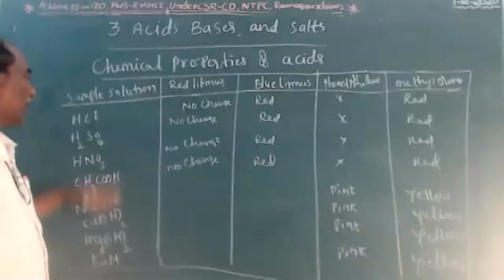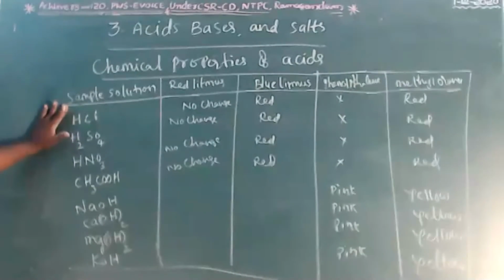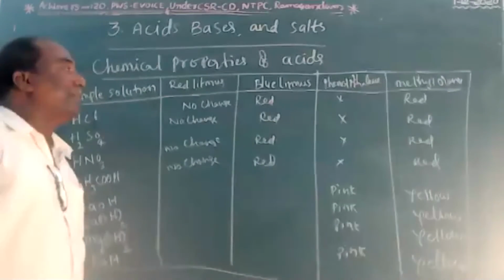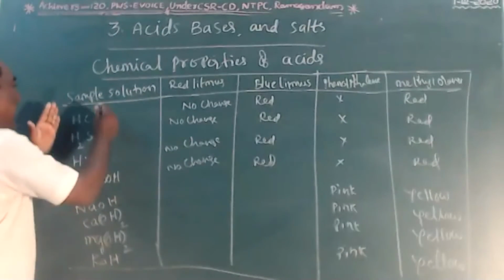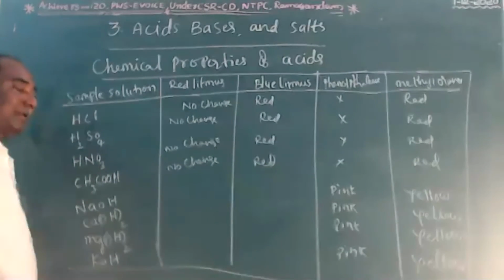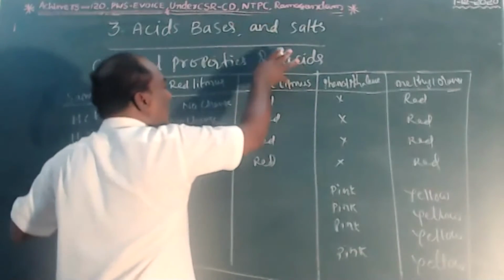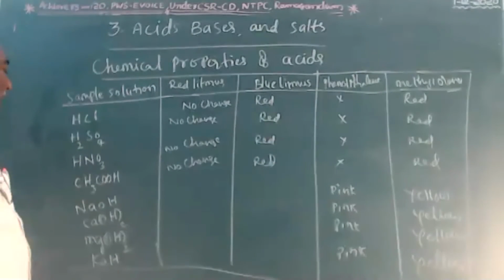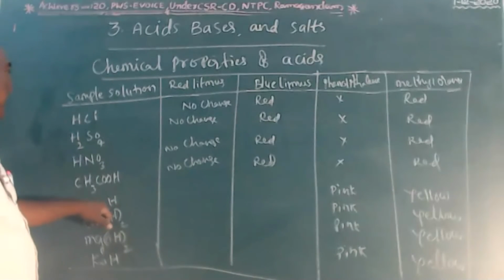Yellow in color. So according to the table, we have to collect different kinds of samples of acids and bases. Test them with litmus paper, that is red litmus, blue litmus, and phenolphthalein and methyl orange indicators. So we have to observe the different kinds of changes. All the acids won't react with the red litmus because there is no color change. But all the acids tested with the blue litmus paper turn red. And now bases. All the bases.